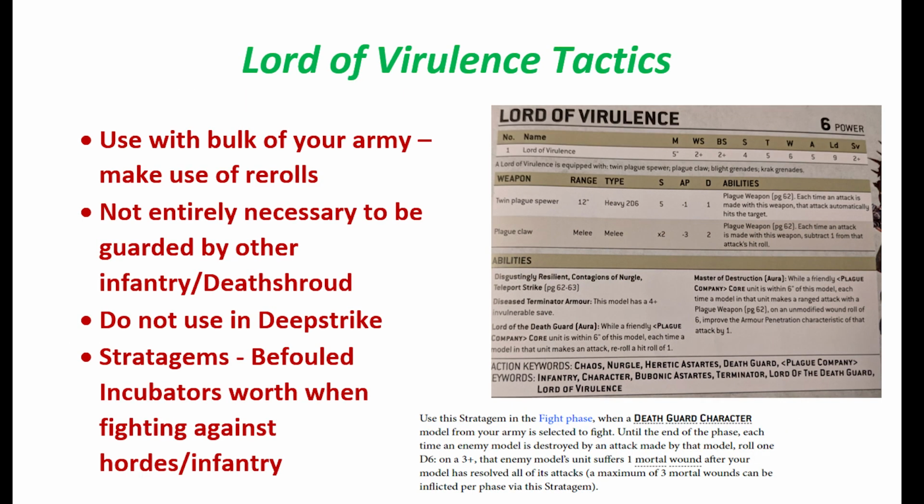Now, in terms of the best tactics and how to use the Lord of Virulence, I like to have the Lord of Virulence with the bulk of the main part of your army, given it does give those buffs to nearby Plague Marines as well as Terminators, and so it's just really nice having those, making use of the rerolls. And also, although you do want it with the main bulk of your army, just supporting them in melee as well as with the rerolls,